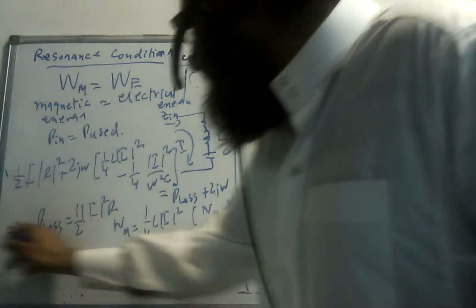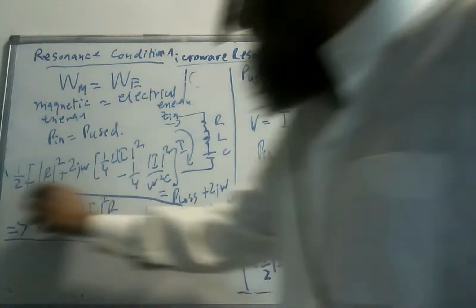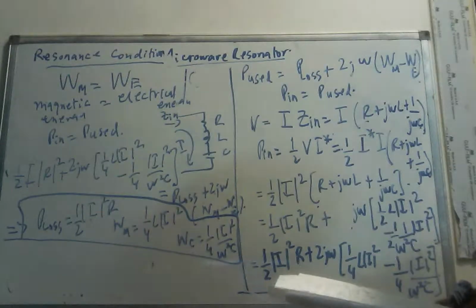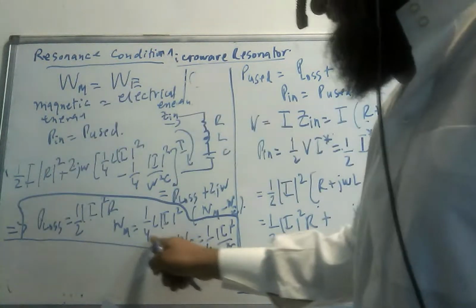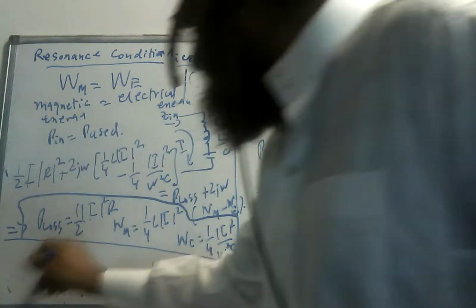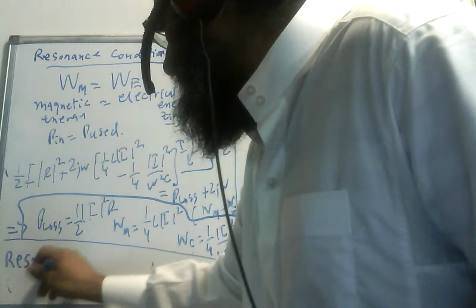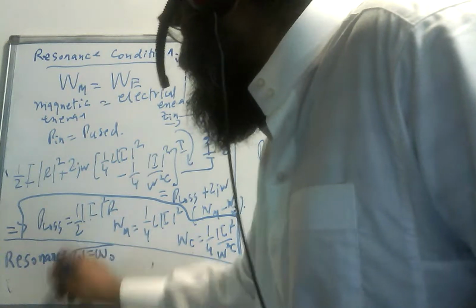So I have these three important parameters: P loss, omega, Wm, and We. Now for resonance, I know that omega m equal to omega e, so I can make these two equal. So at resonance, where omega equals omega naught, at this frequency,